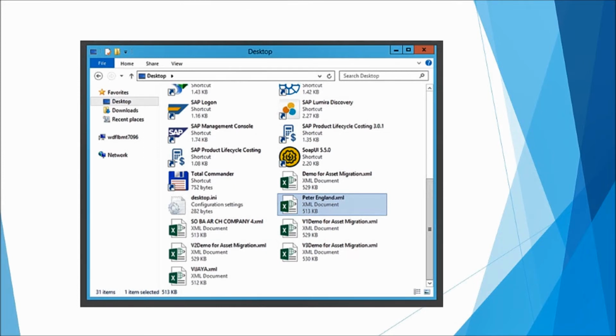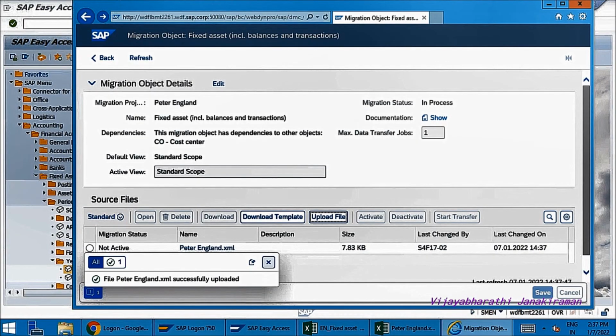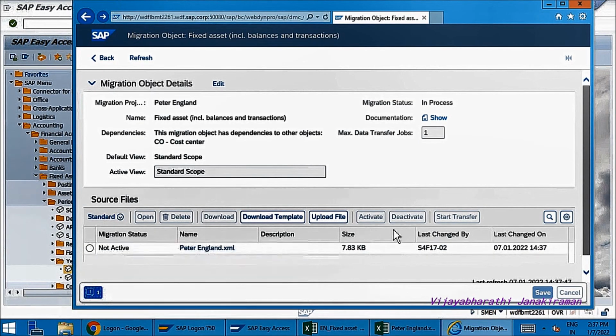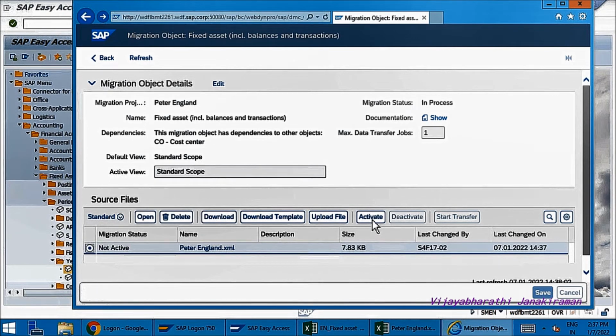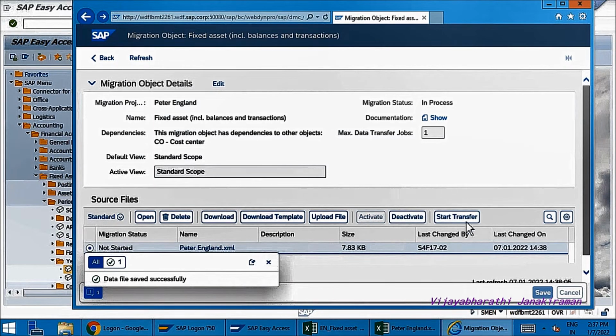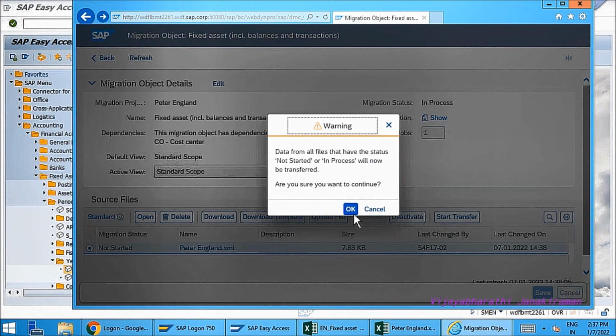Click on your file. Now choose the file and say activate. Now click on start transfer. Confirm OK for the warning message.